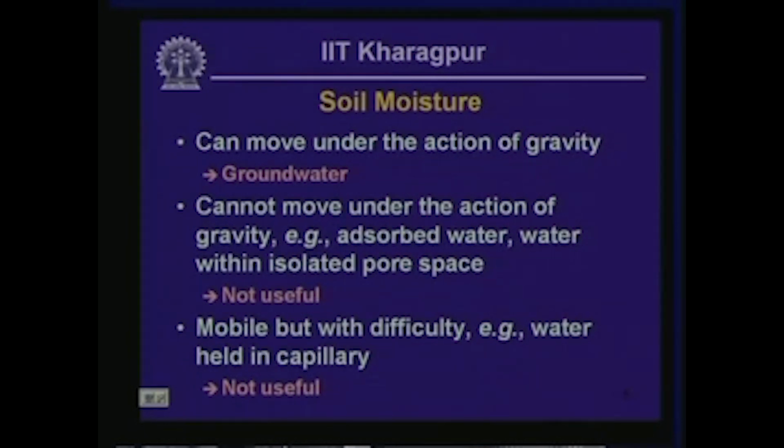Soil moisture is that portion of groundwater which exists within the pore space of soil or rock, which can move under the action of gravity. A portion of soil moisture, actually a portion of underground water, can move under the action of gravity, and that is called groundwater. And also we have learned a portion of soil moisture cannot move under the action of gravity, and this is the proportion of moisture which is adsorbed on the surface of the soil solids,